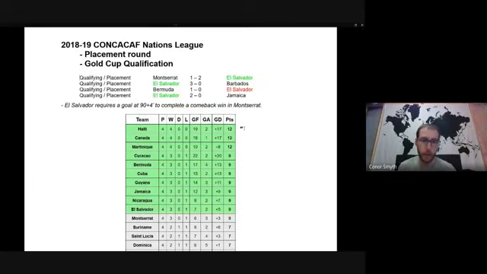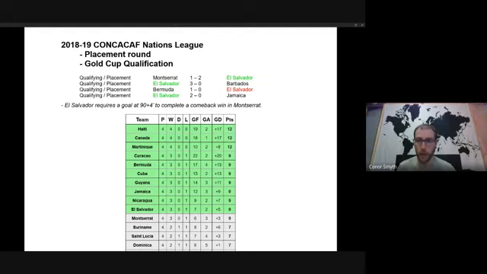So that would be the teams participating in the Hex. They did not participate in this qualifying round for the Nations League. And then in the overall table, only the top 6 teams would qualify for League A. So they finished 10th, which was not enough to qualify for League A, but it was enough to get them into the 2019 Gold Cup.